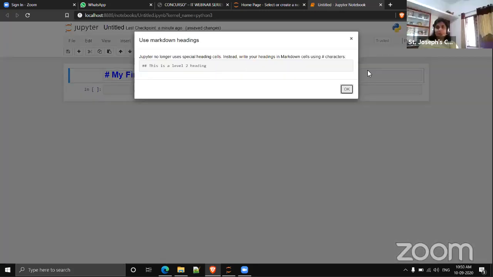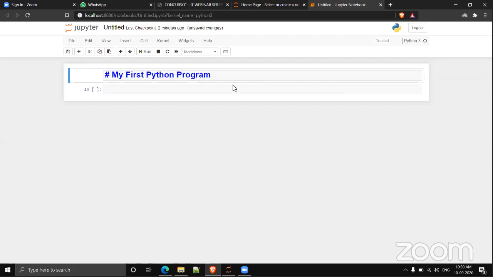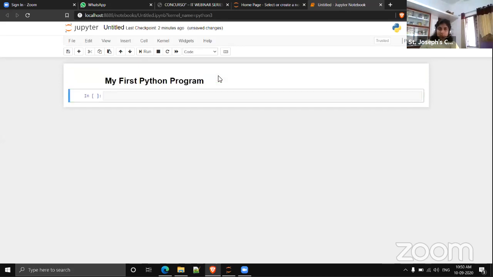Then shift enter to execute it. It will appear as a heading.